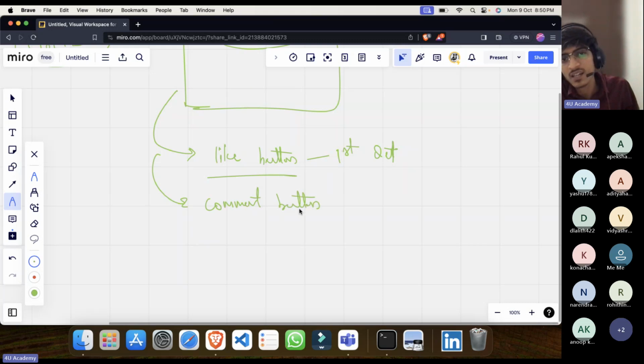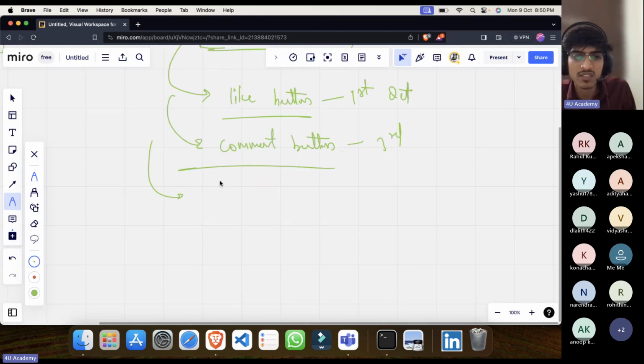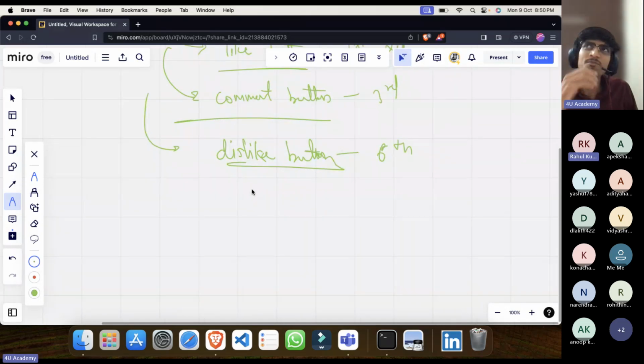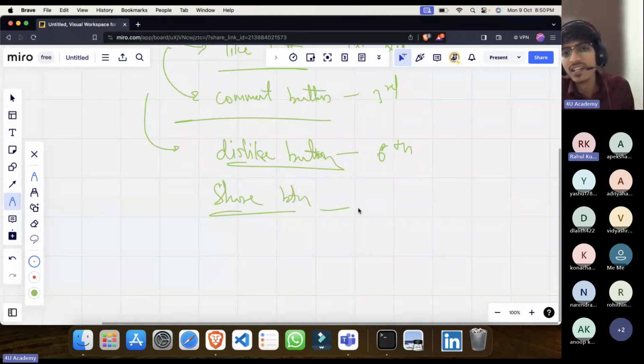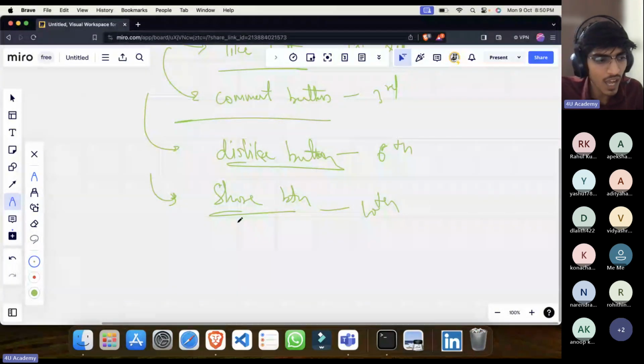So you are working great in the company, and then let's say you did it on 3rd October. Okay, and then again you started working and let's say a dislike button. There is no dislike button, I think. Okay, so dislike button. Rahul, can you suggest anything else? Okay, and what else do we have? Share button. Share, yeah. So like these basic features you are adding day by day. Let's say on 10th you added a new feature.